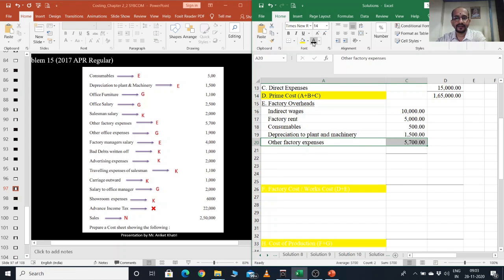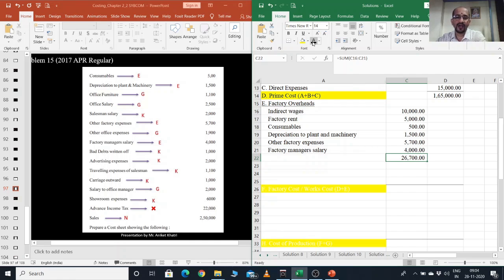Write that, other factory expenses. Next, factory manager salary 4,000. Check any item remained or not. No. Now do the total of these things and again write in inner column only. So this is